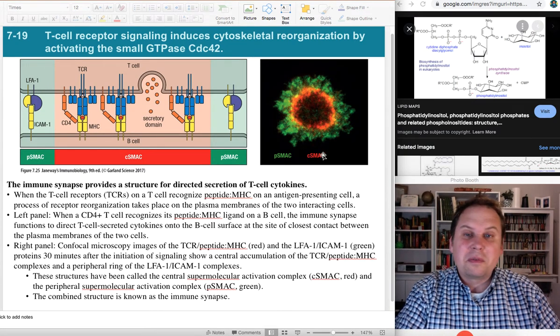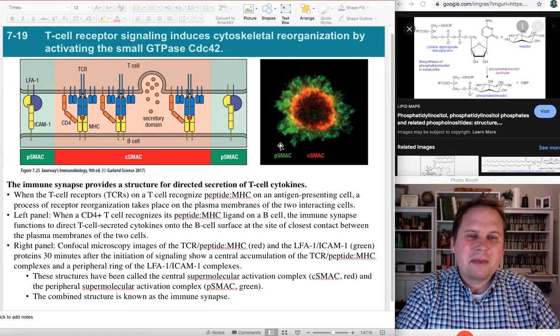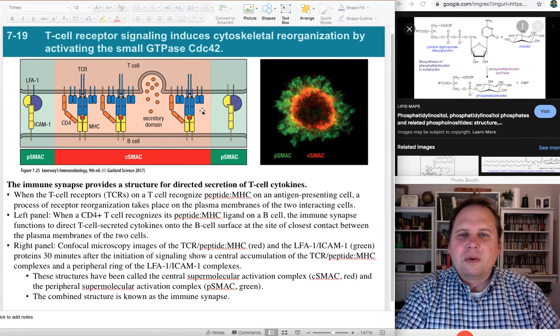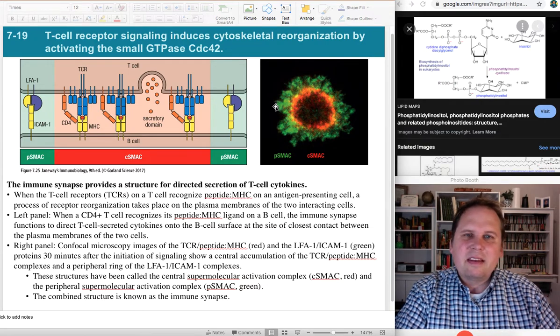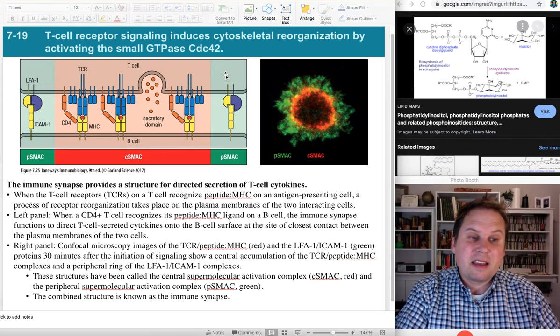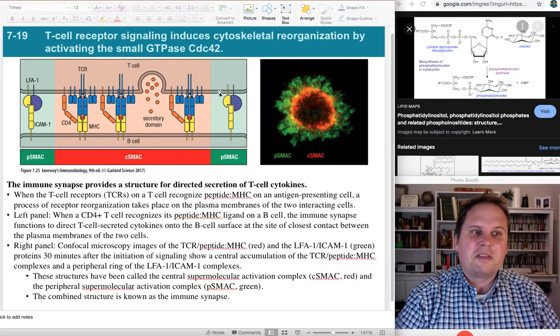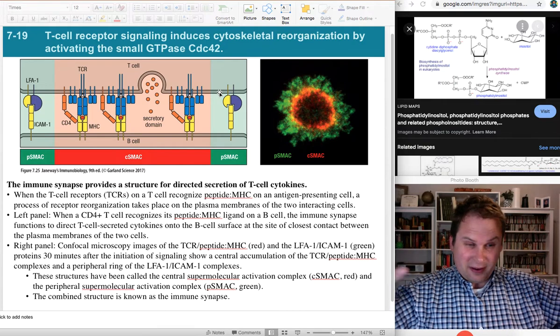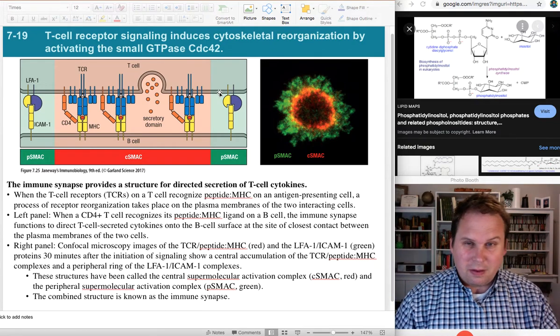Okay, do you remember the SMAC? Of course you remember the SMAC, the central part of the SMAC and the peripheral part of the SMAC. And there's a nice picture of it. So, SMAC formation is going to be controlled in part by CDC42, and it's going to be driven in part by reorganization of the cytoskeleton. So not only is it going to change the shape and possibly movement of the cell, but it's going to be necessary to group all those factors together